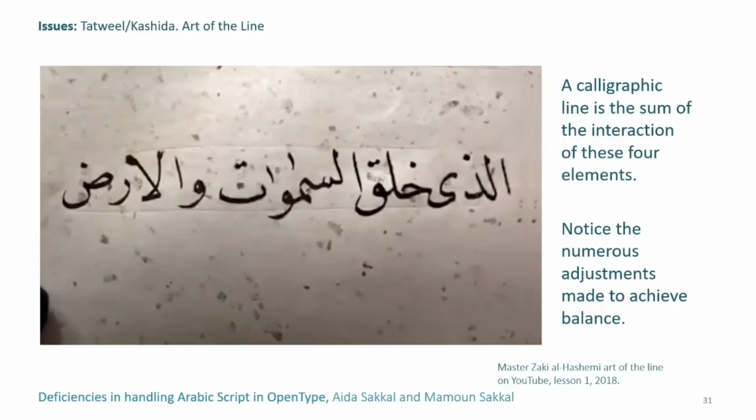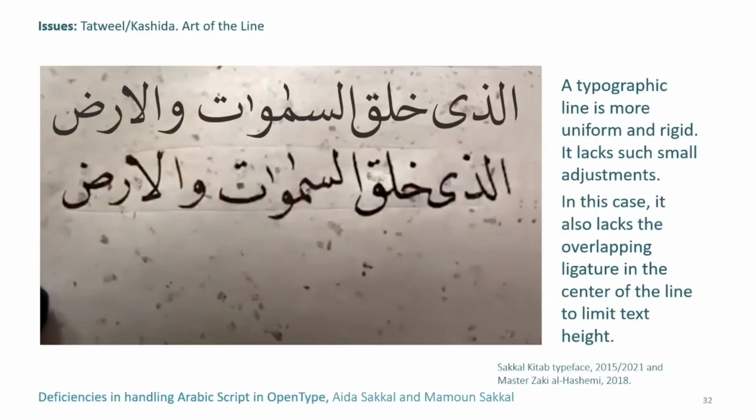For example, the Yeh is smaller to relate to the following letter. The tails of the Waw and Ra are raised. These little adjustments are usually absent in typographic compositions. So superimposing a line of our font Kitab shows a similarity in the general form, but less variation,